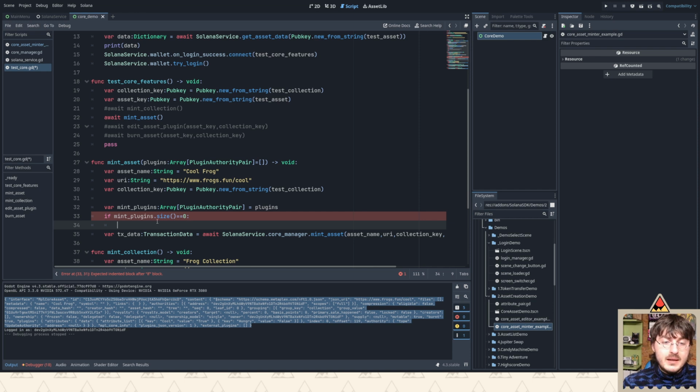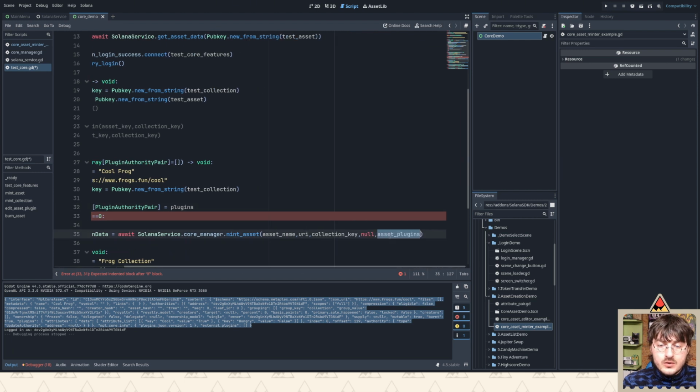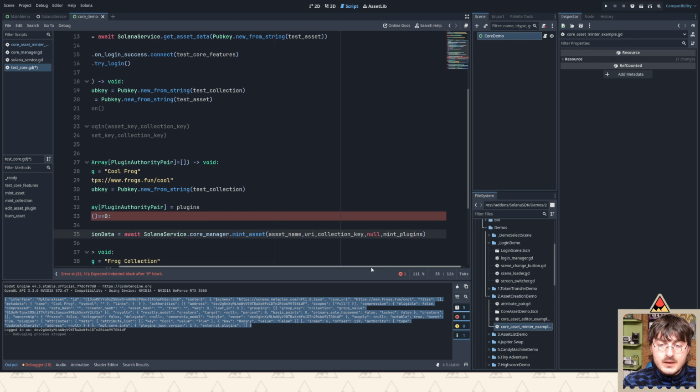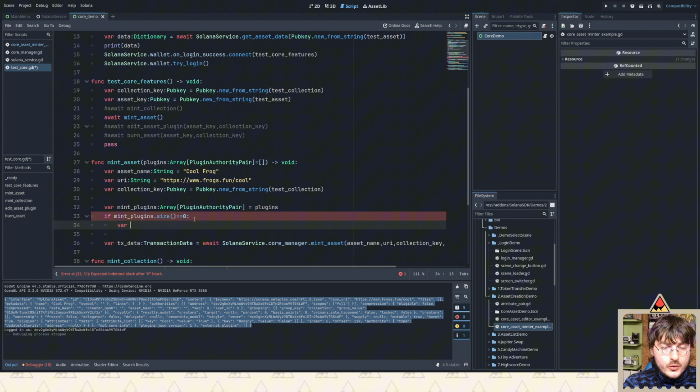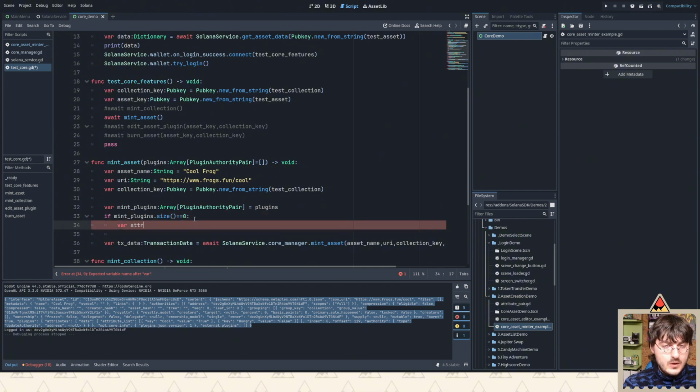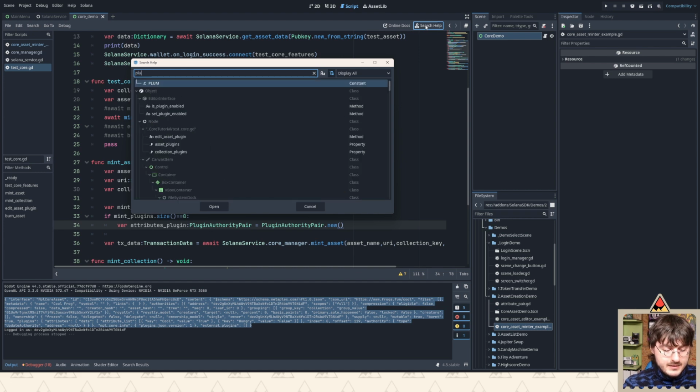We need to create a plugin authority pair, which is going to be of type attribute, and then add it to the mint plugins. So from asset plugins, mint plugins, we are going to add in right here. So let's create a new authority pair. So let's do attributes plugin. Plugin authority pair is plugin authority pair dot new, and let's actually try and inspect plugin